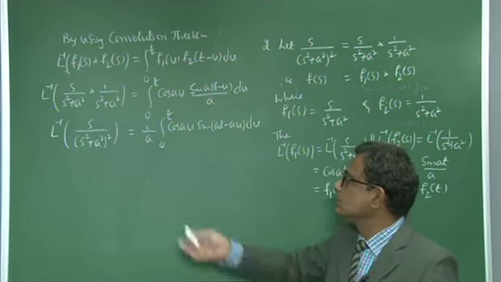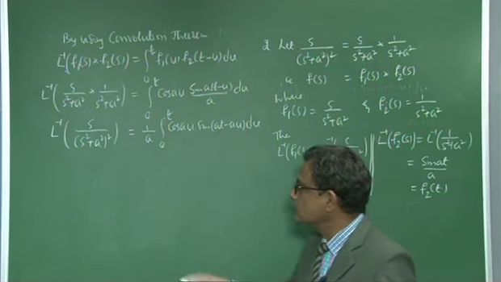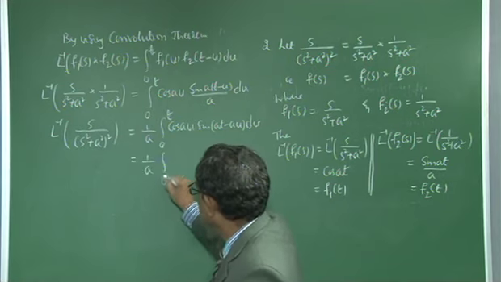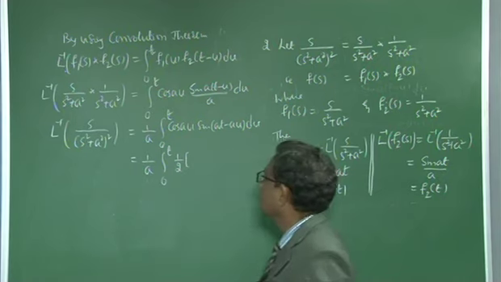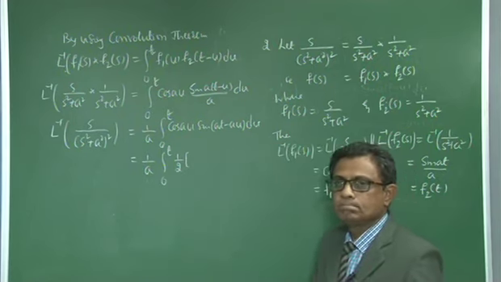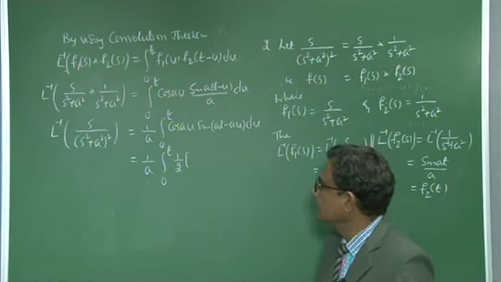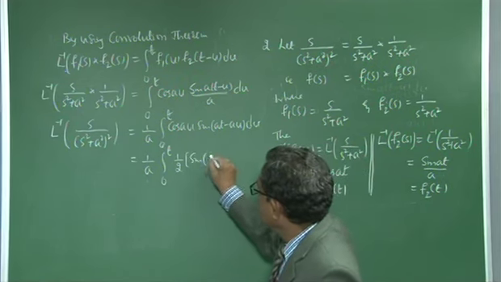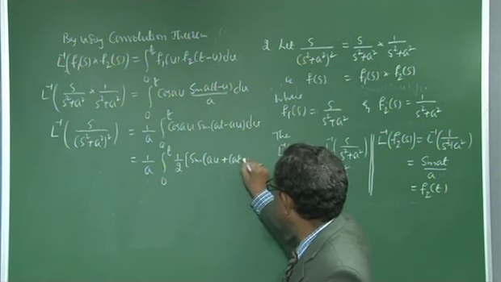What is the cos A sin B formula? What is 1 by 2 cos A sin B formula? Sin of A plus B minus sin of A minus B. Therefore, you can write it as 1 by 2 sin of A plus B